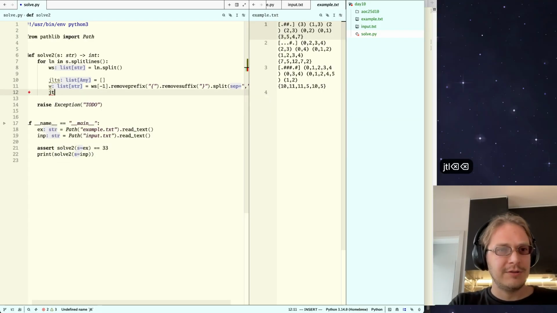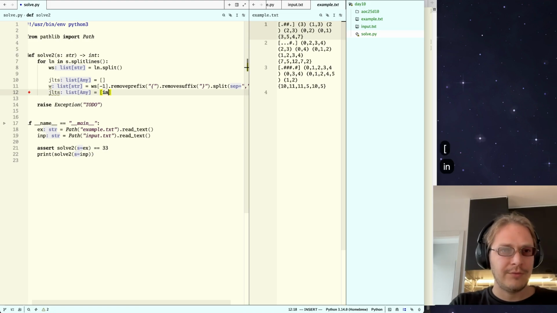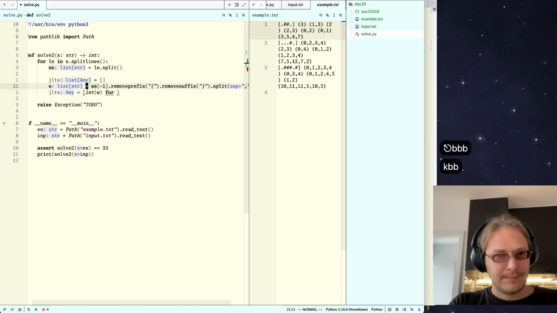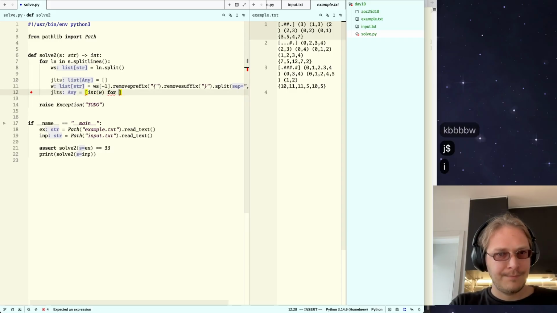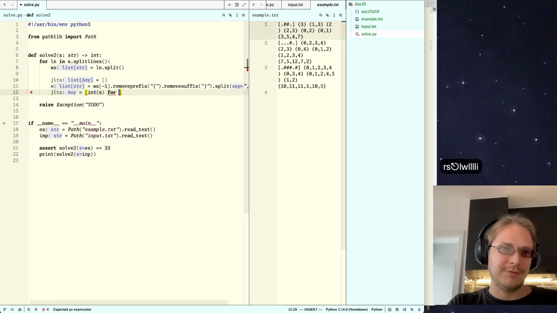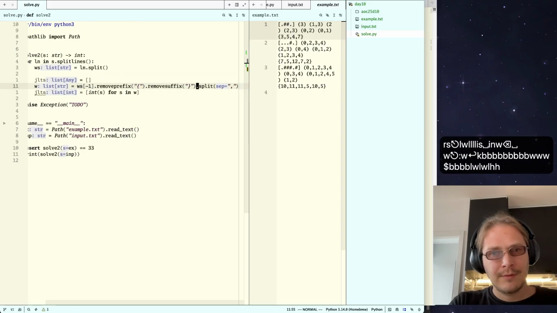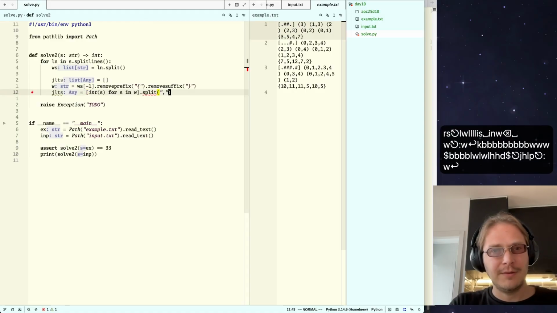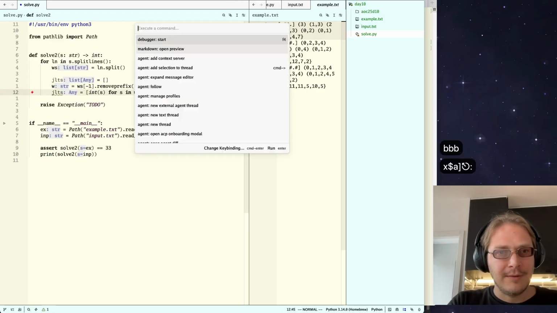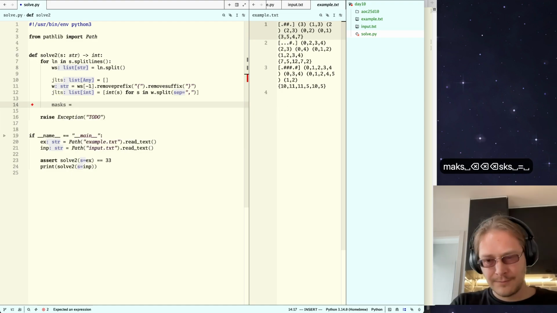So basically joltages become a list of int v w for... I'm out of letters in this one. Let's just make it slightly more balanced. Yeah, so joltages become this, and masks become